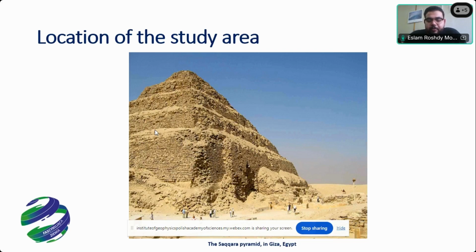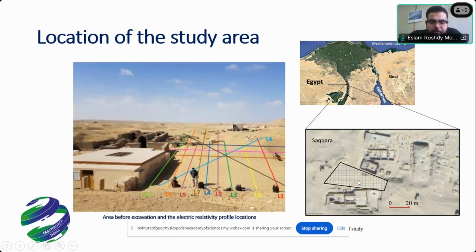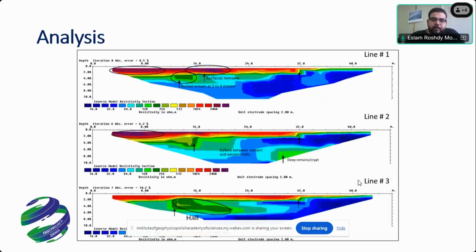The Saqqara pyramid is the first pyramid that was built in Egypt. It's represented as a step pyramid. On this map, this is the Giza location, this is the Saqqara location, and this black box is the area of study. In this area, 14 electrical resistivity profiles were measured,